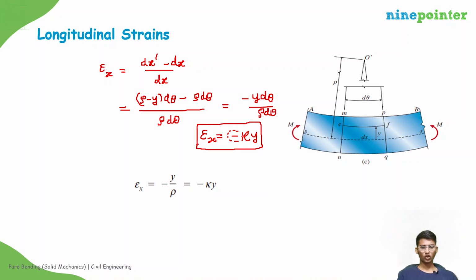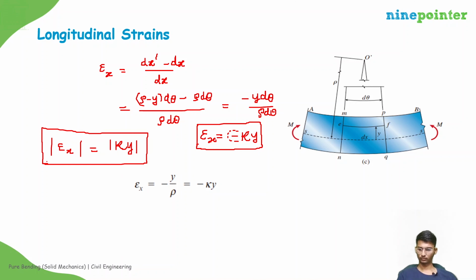So we are getting epsilon x is equal to kappa into y. So we should write mod epsilon x. The magnitude of epsilon x will be the modulus of kappa into y. Okay. Just take this one. So in that case, we are getting kappa into y, but there also, if you see